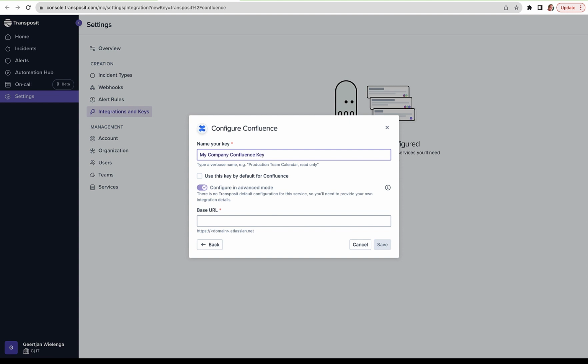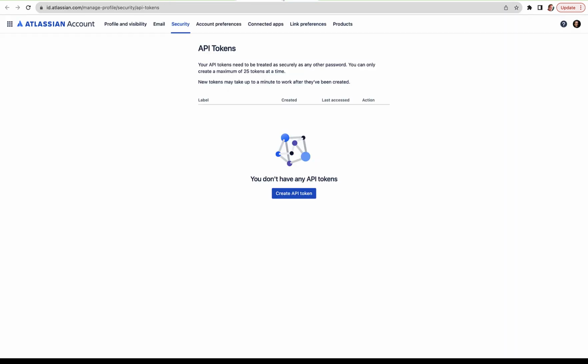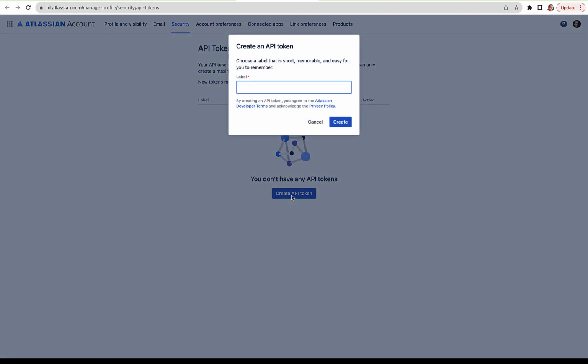Enter a name of your choice. Note you need to provide a base URL, and also via the links in the Confluence documentation on transposit.com you will get to the place where you can create your API key. Copy that key from here